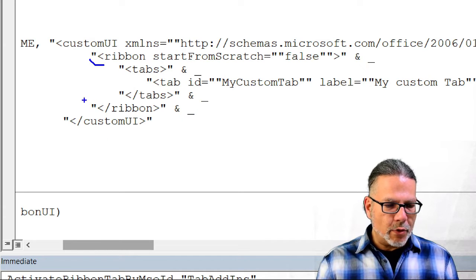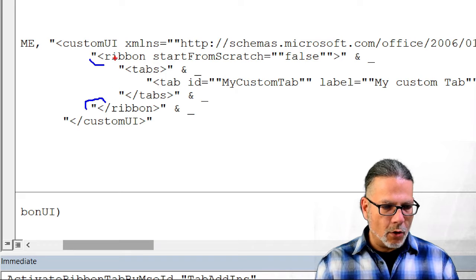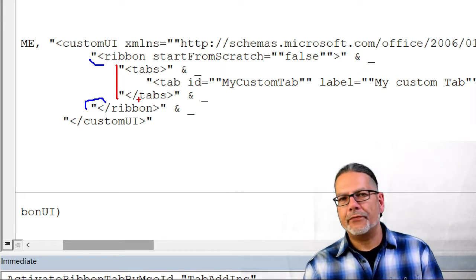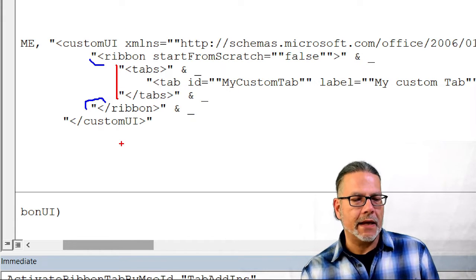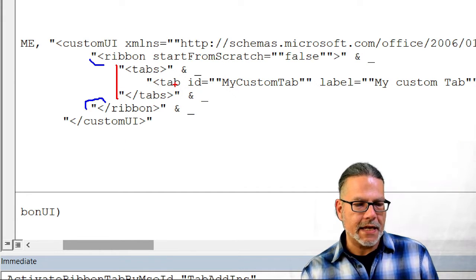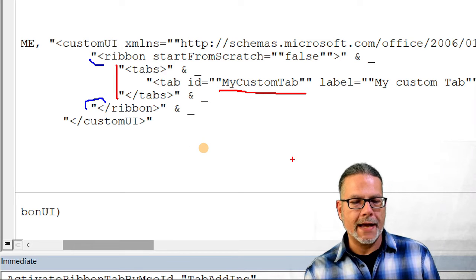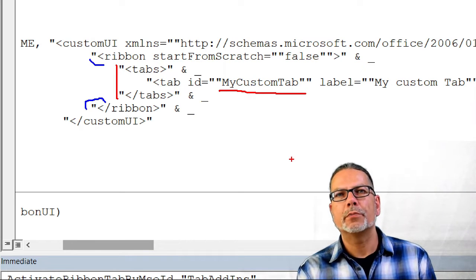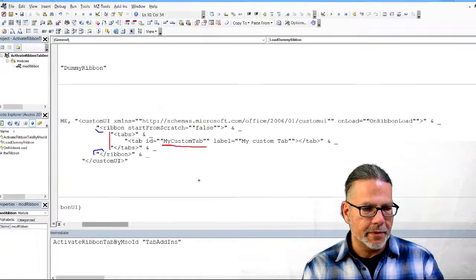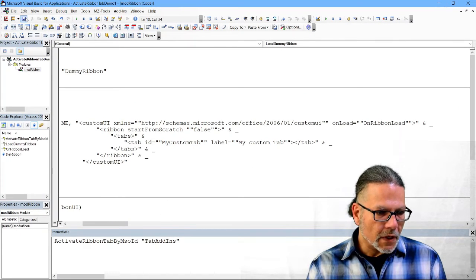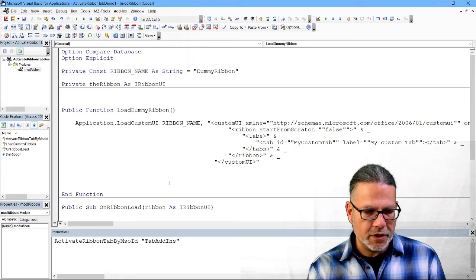This was basically where we had our ribbon before, and now I just entered this. I defined the tabs XML, and then I said, yeah, here is a custom tab, and I called that my custom tab, and that should be in the ribbon. So I save my code,